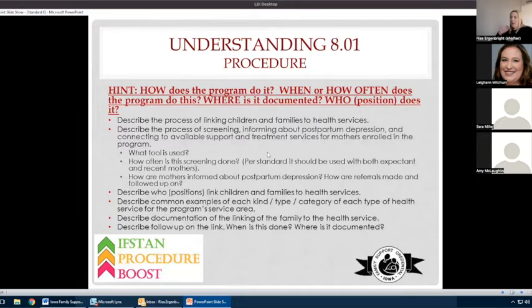Again, from that initial referral, I made the referral, or I told that family about that. Did they accept it? Did the family access it? Did they need help accessing it? What was that final outcome? You should walk all the way through the process. And then where is that documented?